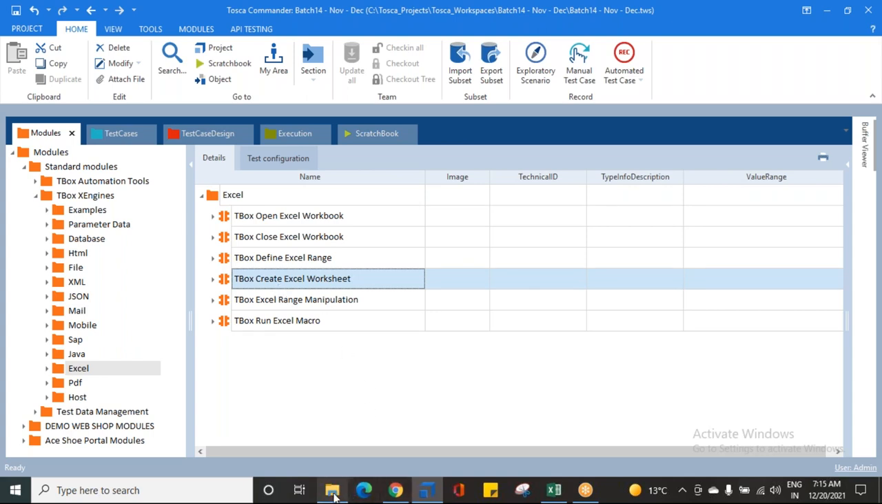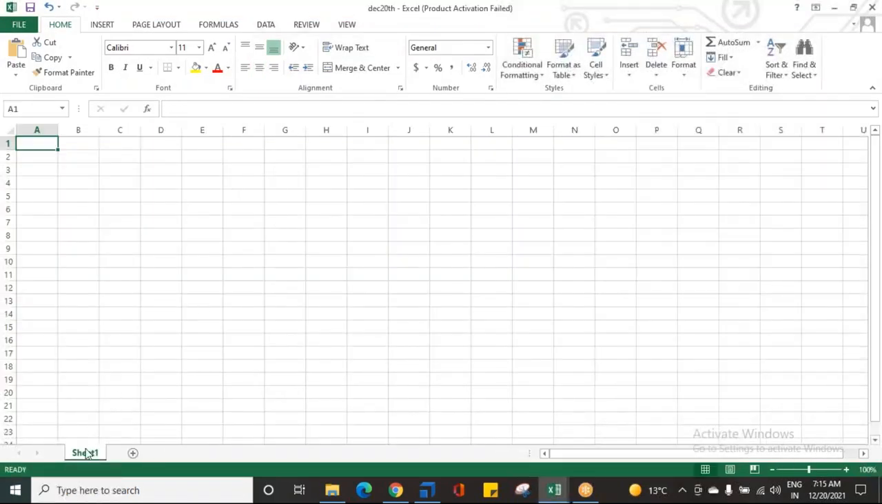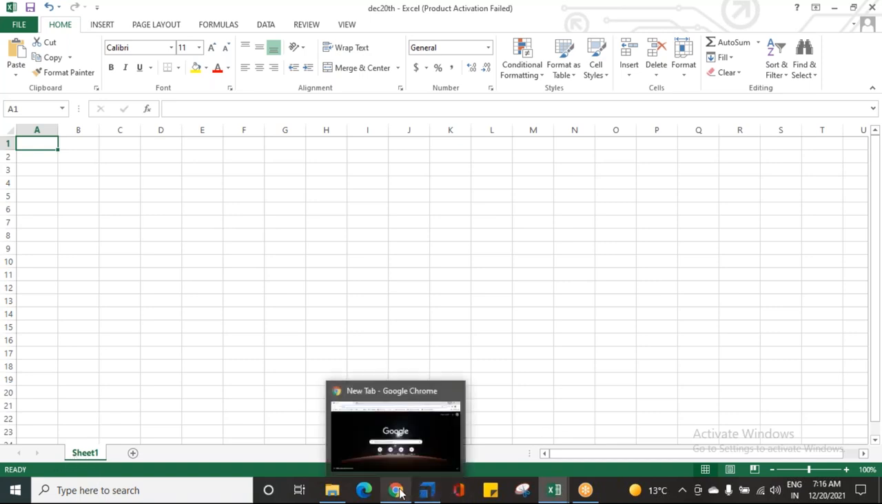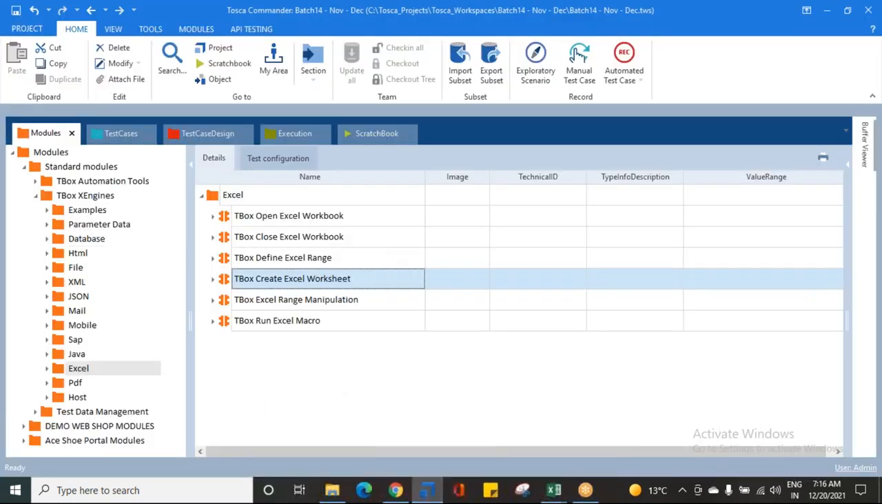Okay, let me open the Excel which we have created on December 20th. See, when I open the Excel which is already created, it contains Sheet1. By default, we will be using this data only. But this TBox, Create Excel worksheet,